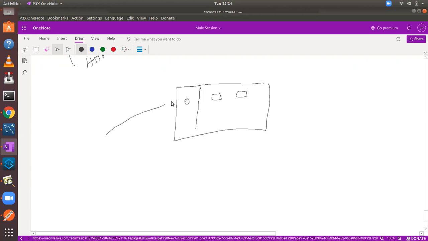Okay, and it receives a request, and the request is processed over here in these components. So when an error occurs over here, I want to send the error response back to the client. In that case, I configure on error propagate.